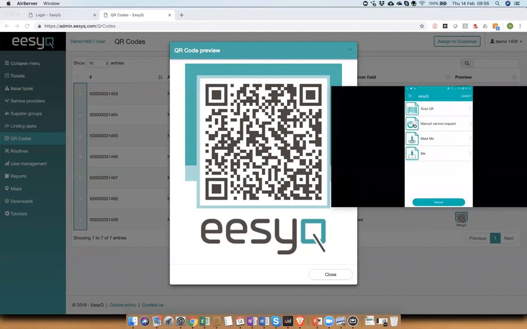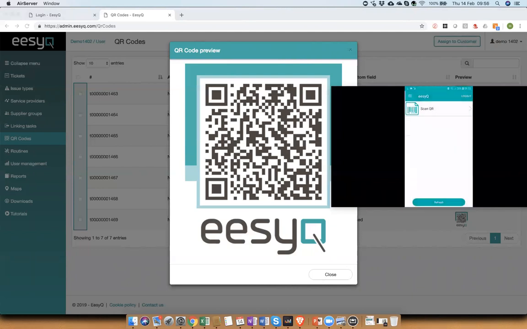Accept the EULA, and then we're into the system. Now normally we'd simplify this menu, so let me just do this really simple. Swiping from the left of the screen toward the right will give us the options. This is our licensed modules within easyQ,